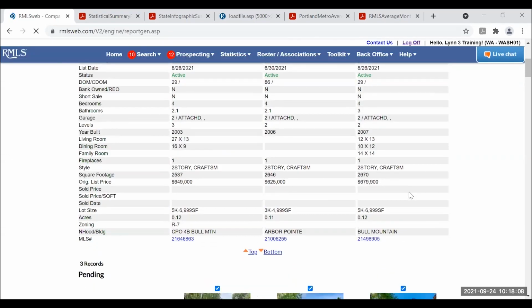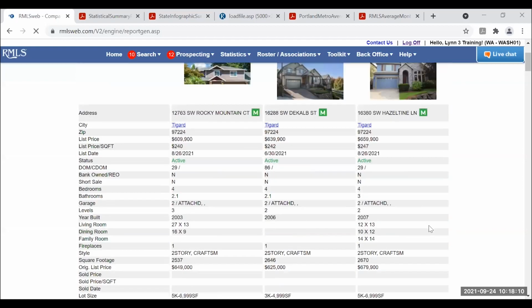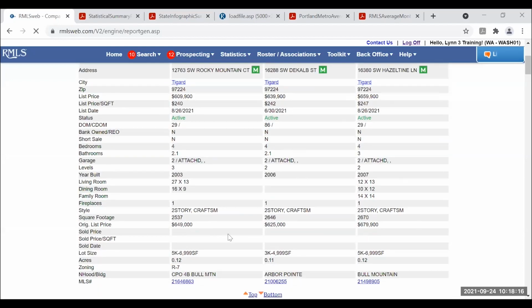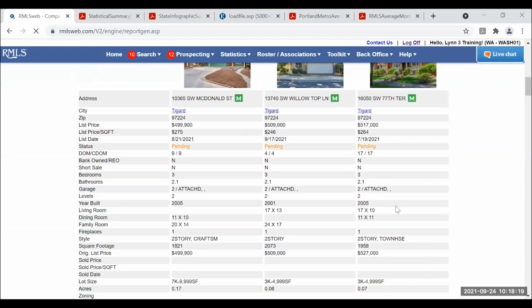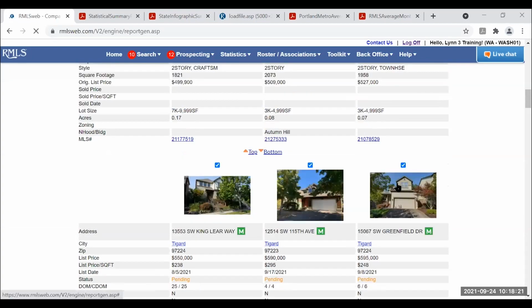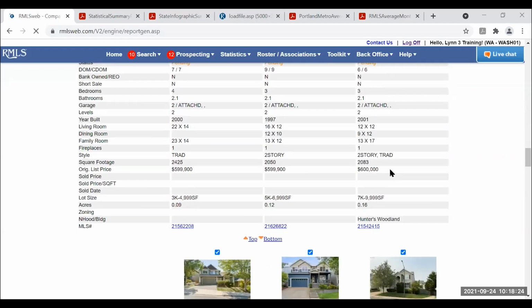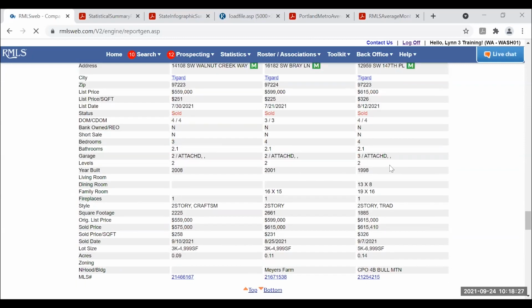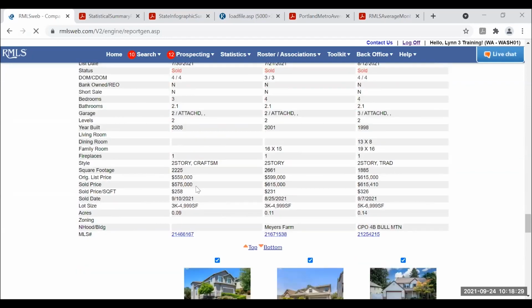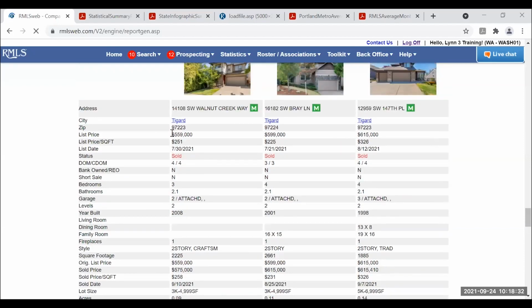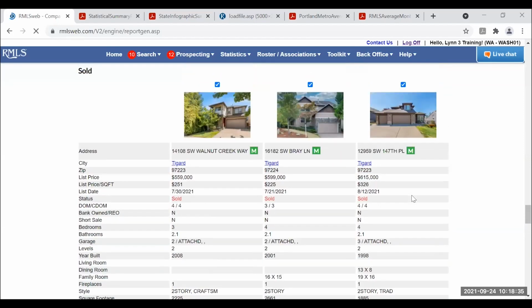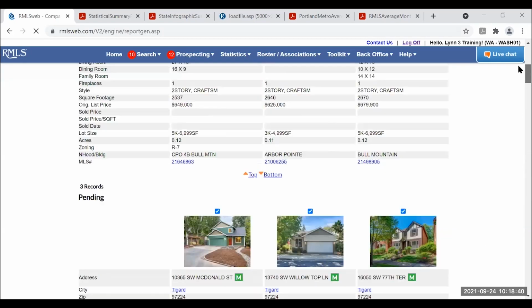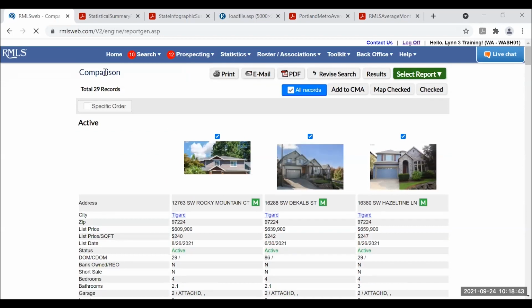So for my brain, this works pretty well. So instead of looking at an agent report, you know, and having to look at the top left for this, the bottom right for that, it kind of gives you a nice overview side by side, again, by status. Okay, and then when you get down to solds, it's going to tell you the sold price, the original list price, the final list price up at the top. So some helpful information becomes available there. Okay, so that's kind of all the stuff that's waiting for you to use that's already there. Just trying to make sure you're aware of it.